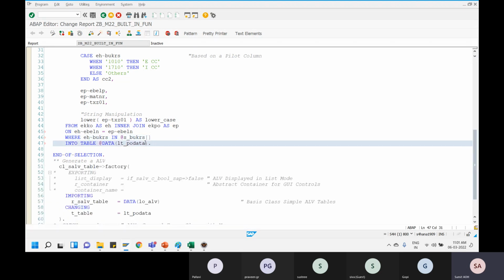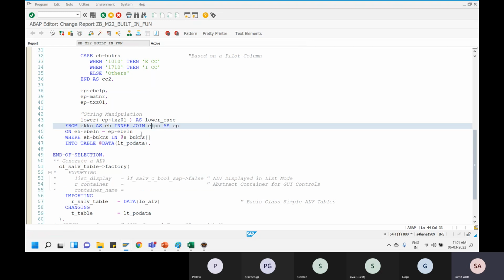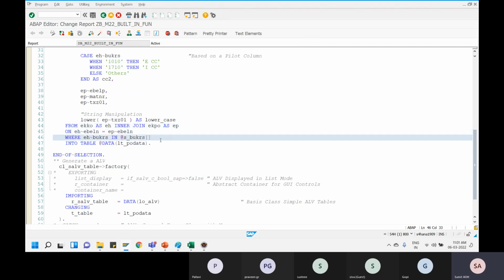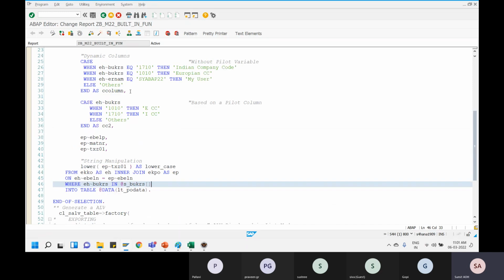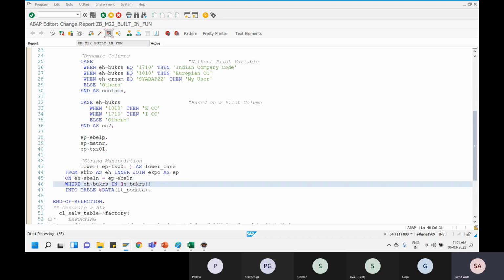So INTO is something that we would be writing at the very last. If I just say it over here, now my query would work, because the system would identify, okay, for some BUKRS you don't want data at that particular point in time. If I don't have any sort of output coming, then I can allocate very minimal memory to it. Okay, so this dynamic column generation, or we can say the new SQL syntax, gives the system liberty of saving the memory. Okay, and that is why the INTO TABLE should be at the last. If I just say execute right now,